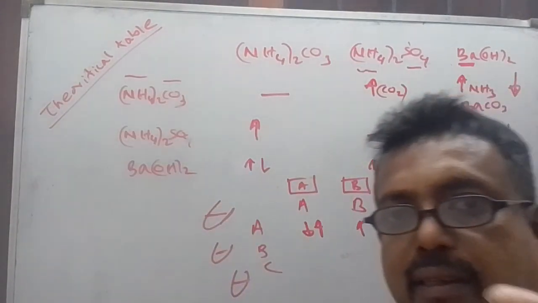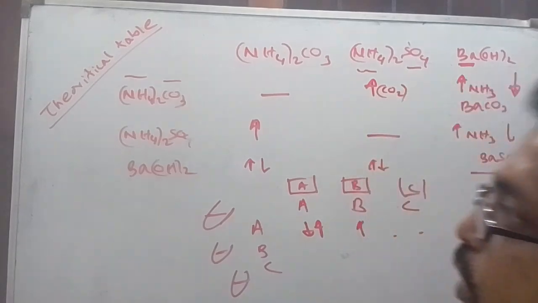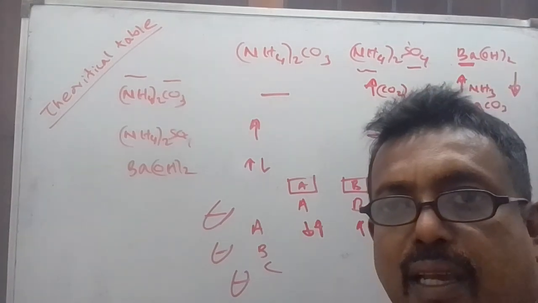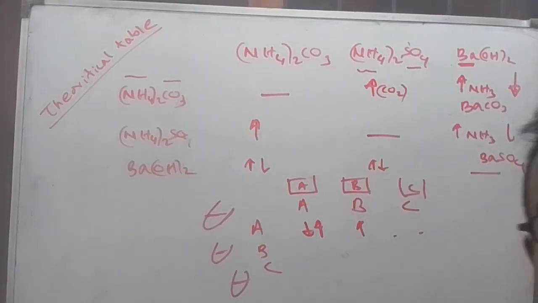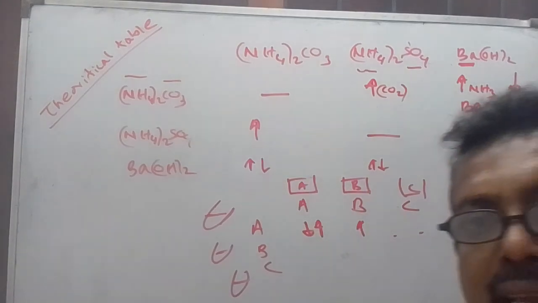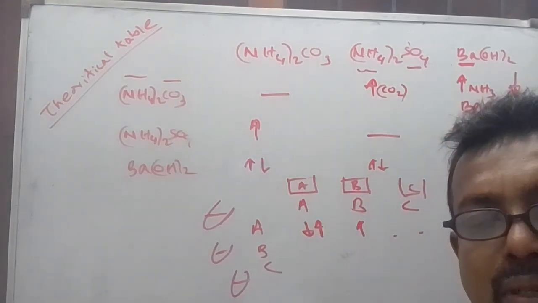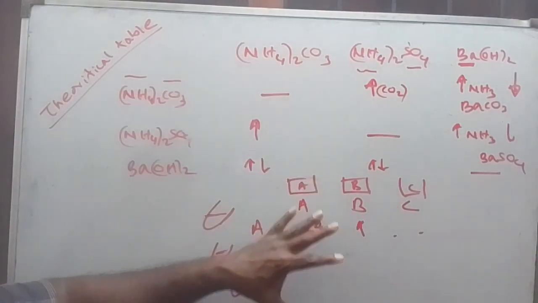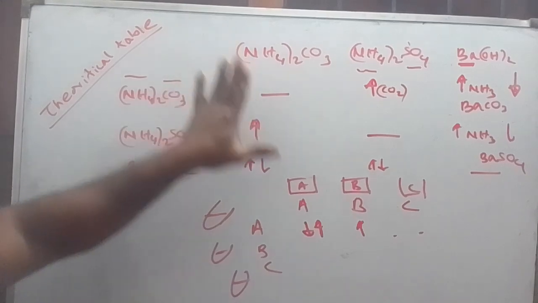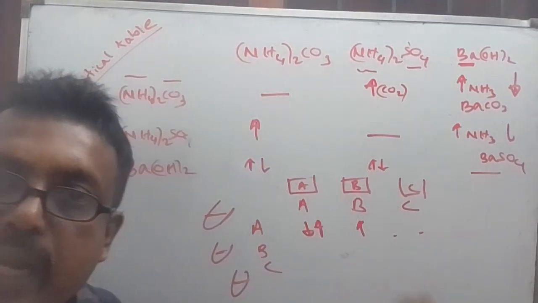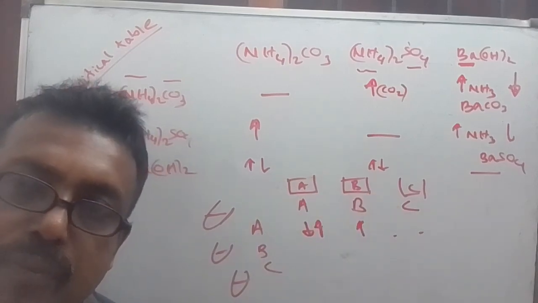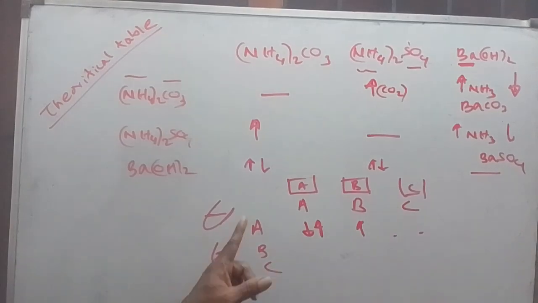Okay, now again, think what we did. We made the theoretical table with all possible outcomes, and then we made the practical table by labeling the beakers as A, B, C. Now, this is the important part in the question. Now you can compare this theoretical table and practical table. Right. Now think,